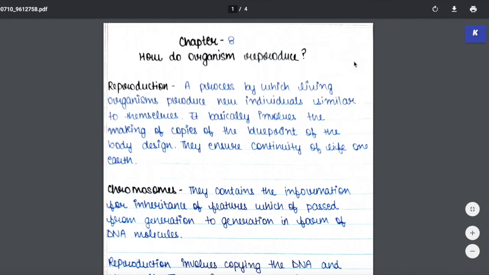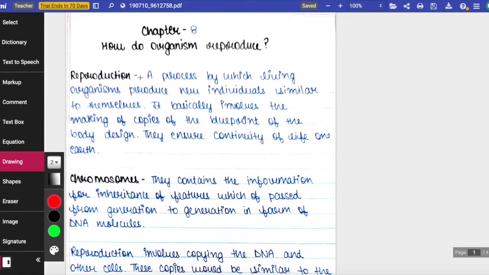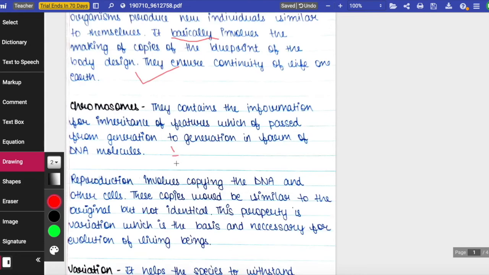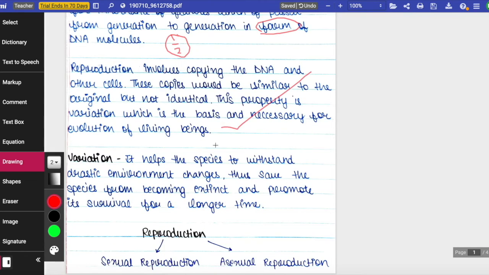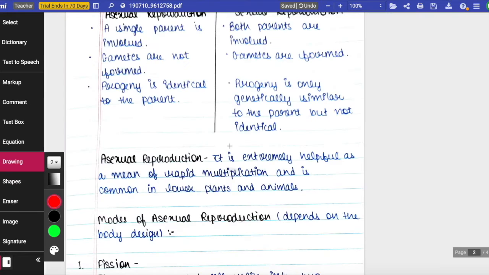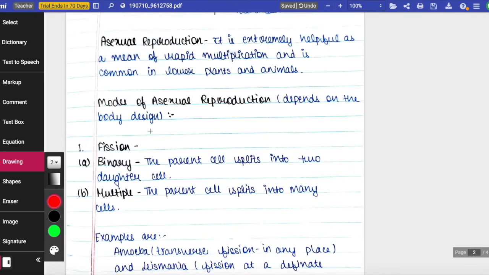So I have already installed Kami Google Chrome extension that is showing here. So we will click this Open with Kami, and this will open with the Kami. So this is the drawing tool, and here I can write like this. I want to give marks like this, and then I want to show that there is something wrong. I click OK. Then I want to say that this part is wrong.